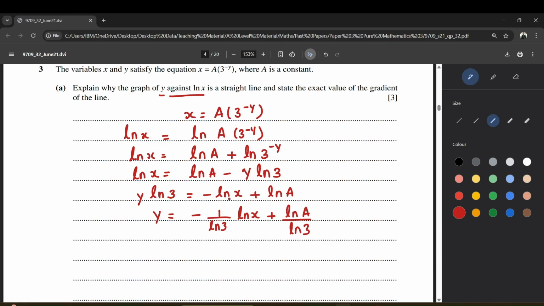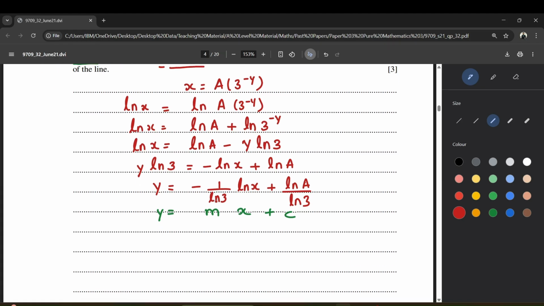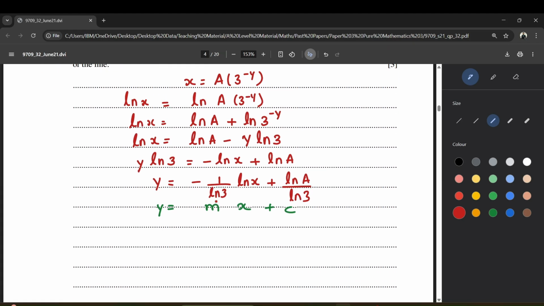So you can see that now this equation has been rearranged in the form y equals mx plus c. So therefore your gradient is going to be minus 1 over ln 3, and your y-intercept will be ln a upon ln 3. But here we have to explain, because it is asking you to explain, that means statements are required. You have to explain in words. Now, how do we justify this? So we can say that the equation